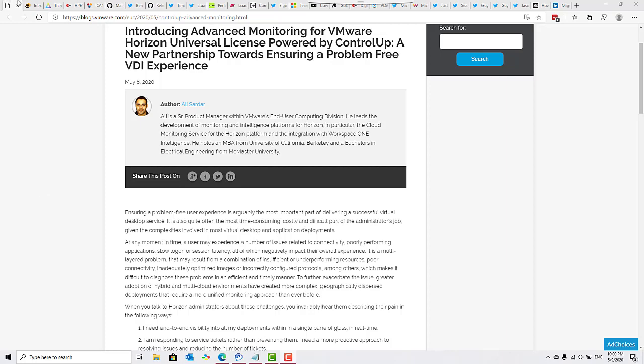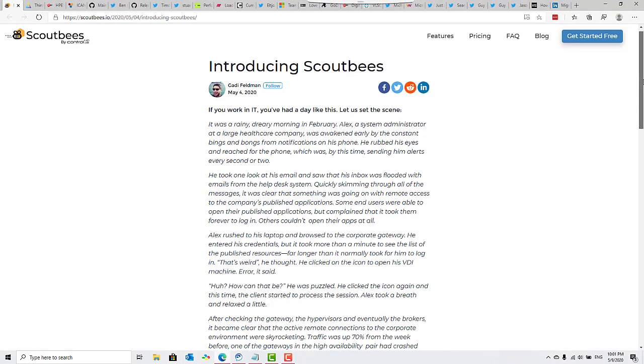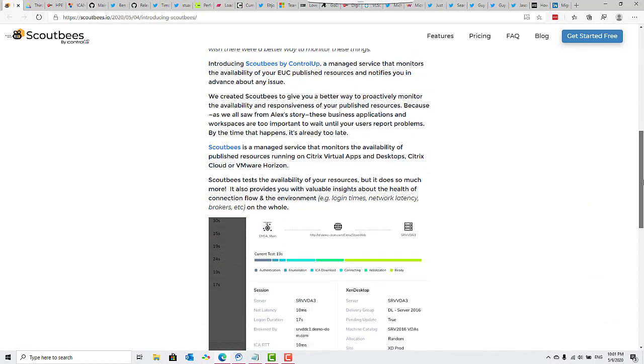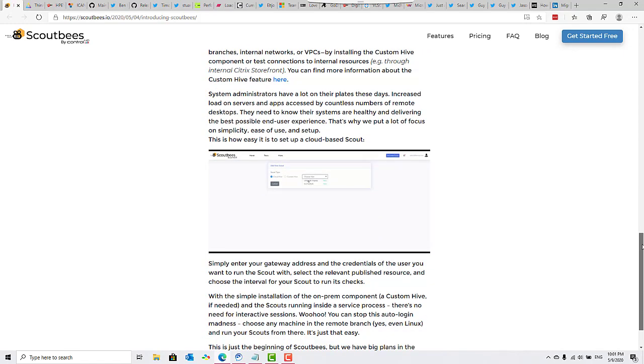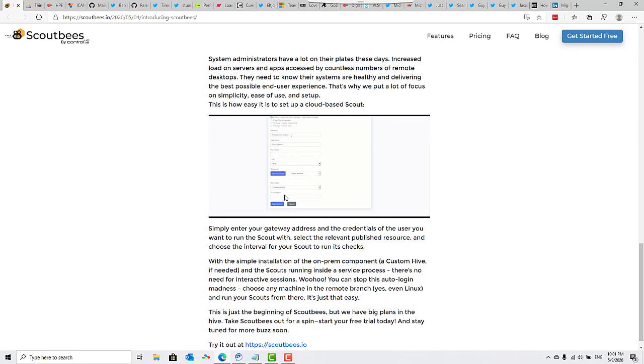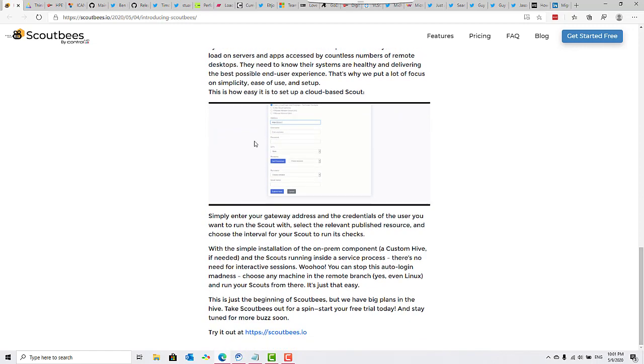In other ControlUp news, the cool Scout Bees is officially out of beta. This is a managed service that monitors the availability of your end-user computing published resources and notifies you in advance about any issues. Scout Bees is a managed service that monitors the availability of published resources running on Citrix virtual apps and desktops, Citrix Cloud, or VMware Horizon. Scout Bees tests the availability of your resource, but it does so much more. It also provides you with valuable insights about the health of connection flow in the environment, like login times,